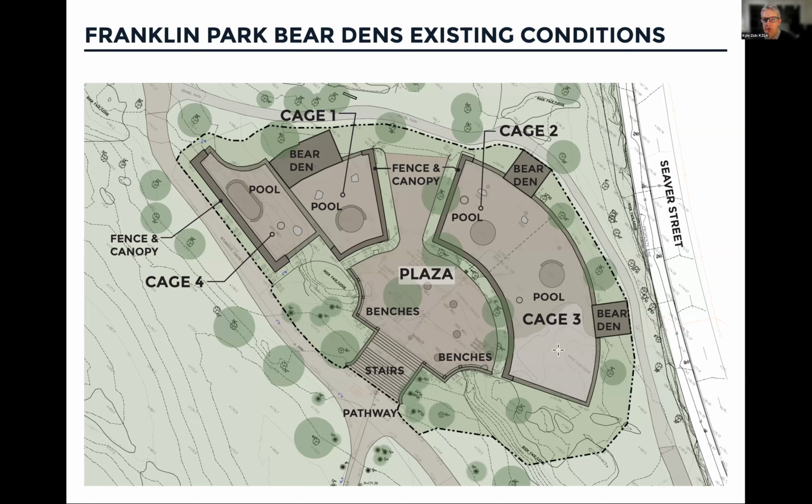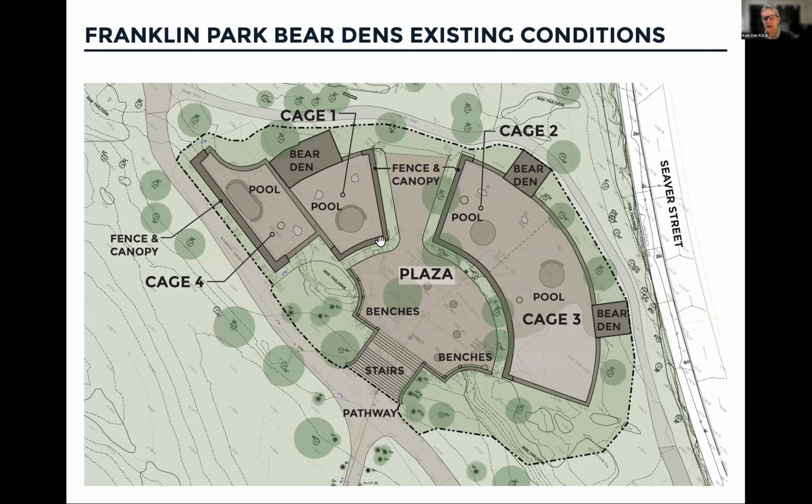Now, tonight, we're going to use some of the original references to the cage numbers to help explain where we are in the Bear Dens and what things we're referring to. So if you're coming up the stairs, you're presented with what looks like 2 cages. One to the left we'll refer to as cage 1. And then the one that would be in front of you as you come up the stairs was 2 cages, cage 2 and 3. And then if you went back down the stairs, cage 4, which was the polar bears, is further down the path.